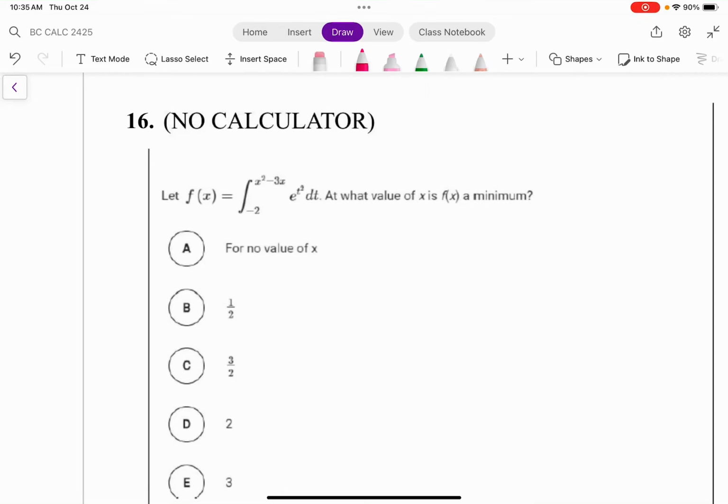Okay, this question says, let f of x equal this integral function. At what value of x is f of x a minimum? So we have two ways in calculus of finding when a function has a minimum. There's the first derivative test,